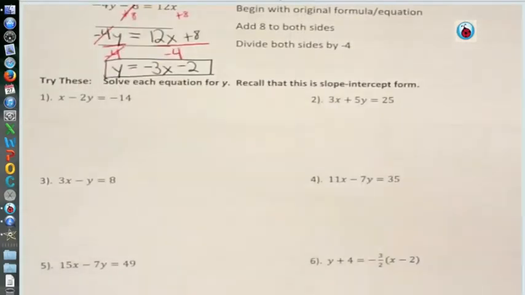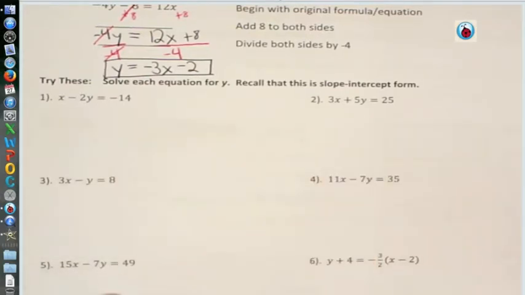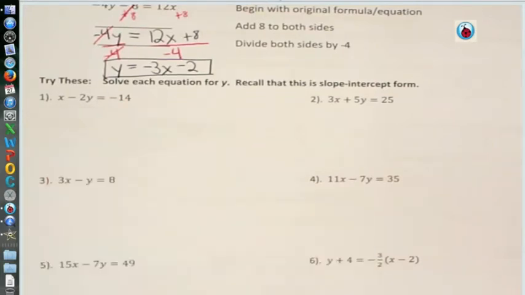Let's try some more problems here. Problems 1, 2, 3, 4, and 5 are all in the same format. This is called standard form. This is where both the x and y term are on the left side of the equation. And we don't want that. We want y equals mx plus b. So we're going to have to solve these equations for y